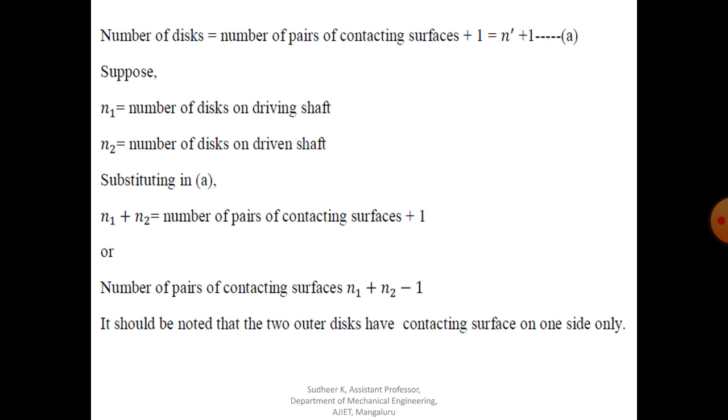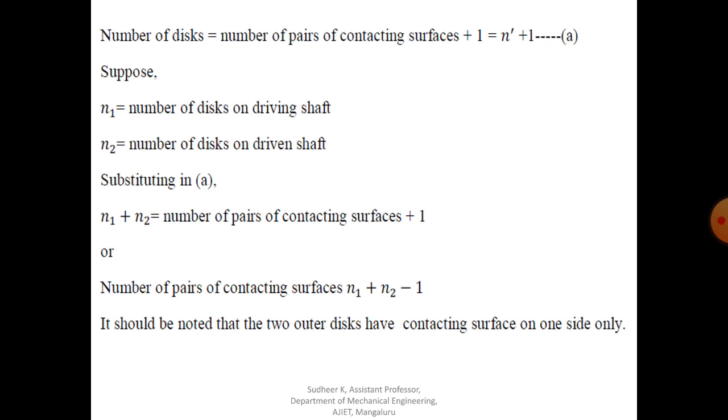So that is with respect to construction. Now coming to one more difference, the work done by the friction force during the engagement is converted into heat. So more heat is generated in the case of a multi-plate clutch due to the increased number of contacting surfaces. That is one of the important factors with respect to thermal consideration, because if the number of contacting surfaces is more, there will be more friction. Due to friction, a lot of heat is generated.